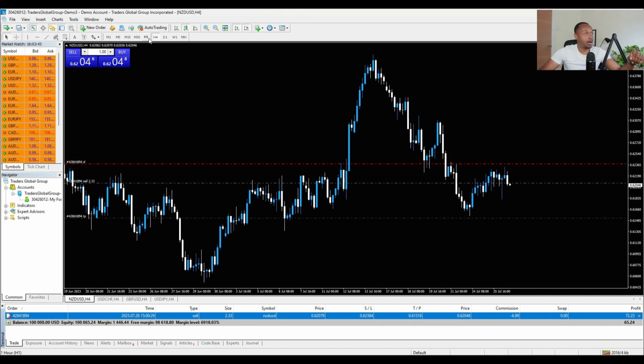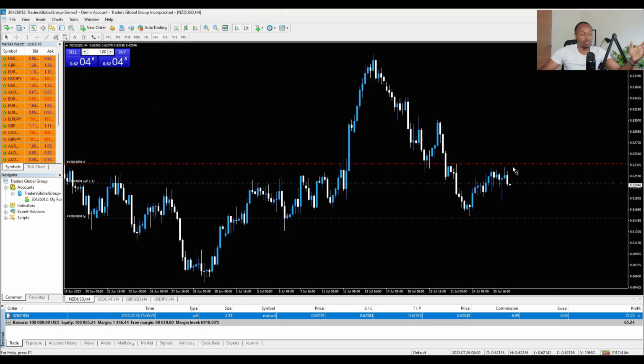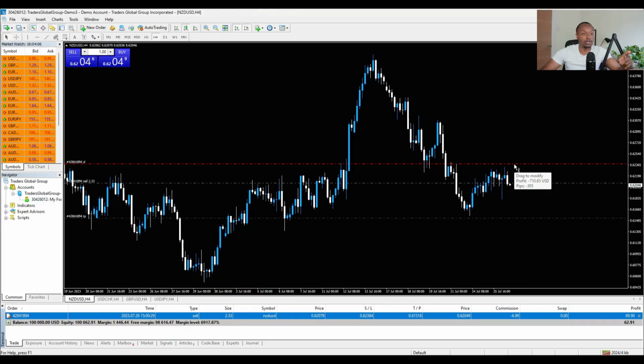Entry was on the hourly time frame. I'll go into detail about the entry and the reason for the trade, but stop loss is above there, take profit around 2R away. I did, however, miscalculate my lot size, which is a little bit of a blunder for me. I'm meant to be risking 0.5% per trade, which would be $500 per trade. I do understand that it won't be perfect. Sometimes it'll be a bit more than 500, a bit less than 500. But in this case, it's actually $710 for my stop loss, which is quite a bit bigger than I would have wanted. So I did kind of blunder there on the lot size